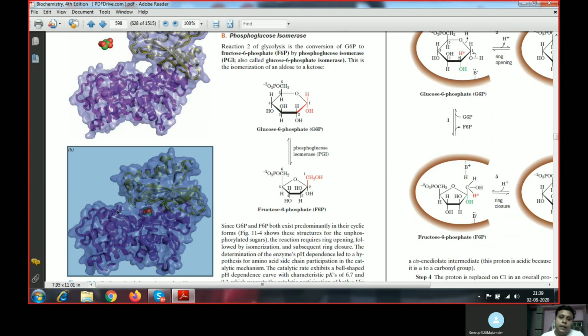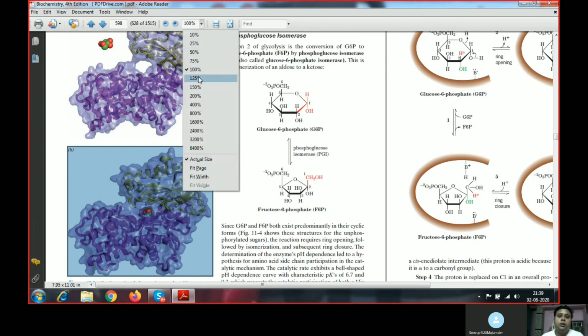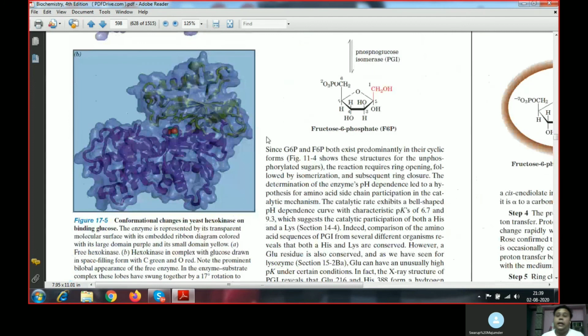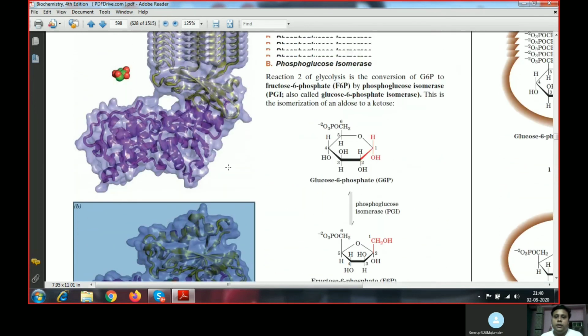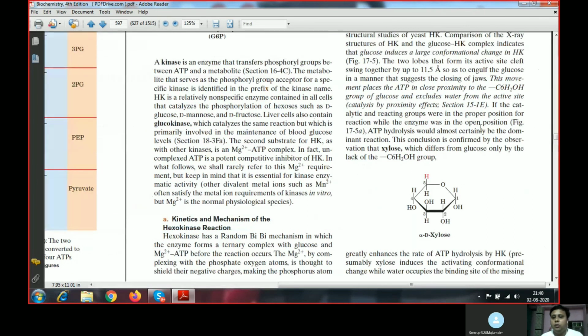As a result, at that time, the sixth position of the glucose molecule, the C6OH group, is so close to the ATP's gamma phosphate, and that is the reason why ATP is donating the phosphate group to the sixth position, not to position 1, because in that structure the C6OH group is so accessible to nucleophilic attack on the ATP's gamma phosphate group, right? The answer was further supported by the fact that if we modify the structure of glucose, excluding the C6OH, that means we exclude the sixth carbon.